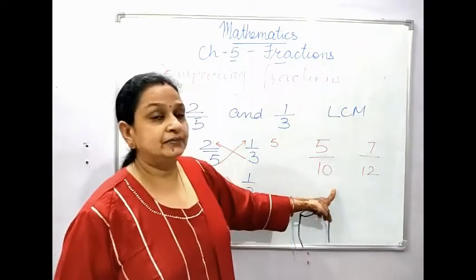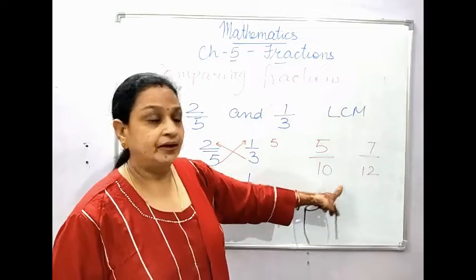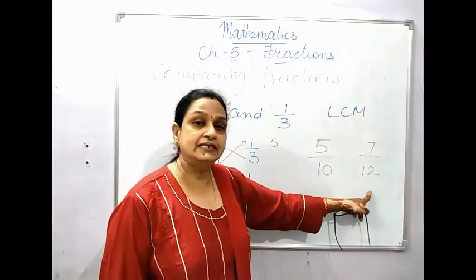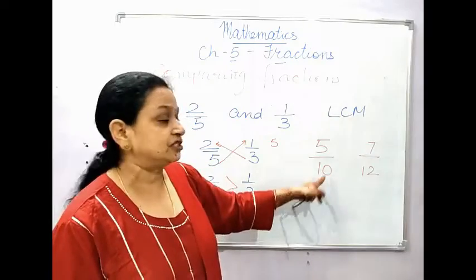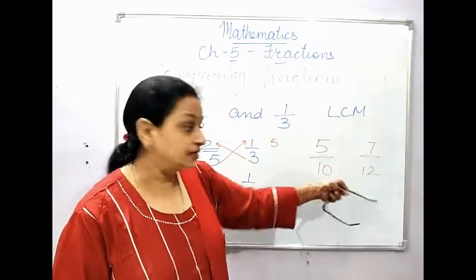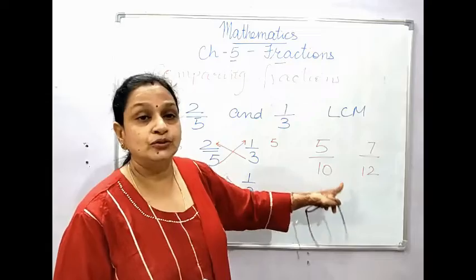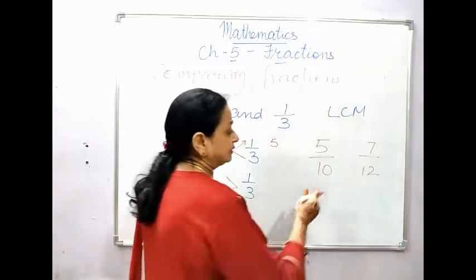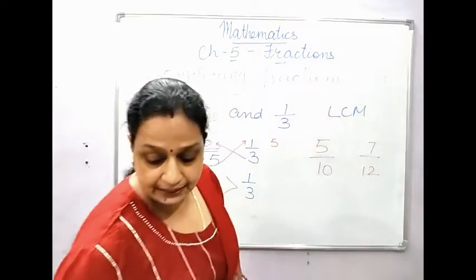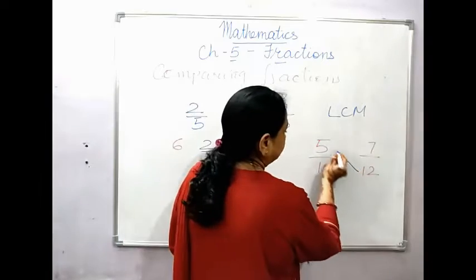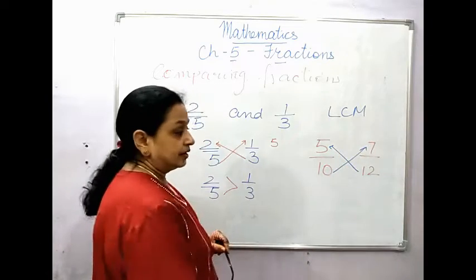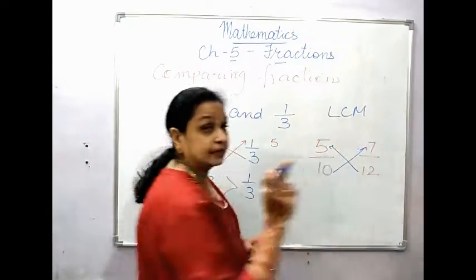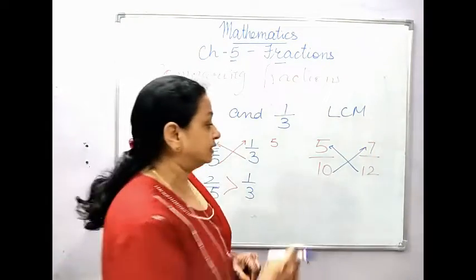Denominators are not the same, that means it is an unlike fraction. One method is that I'll take the LCM of this. With the help of this LCM, I will take out the equivalent fractions and then compare. Instead of that, I am using the simplest method, and that is I will cross multiply them. The denominator of this with the numerator of this, and the denominator of this with the numerator of this. I'll write the answer just near the numerators. On the numerator side, you will write the answer.